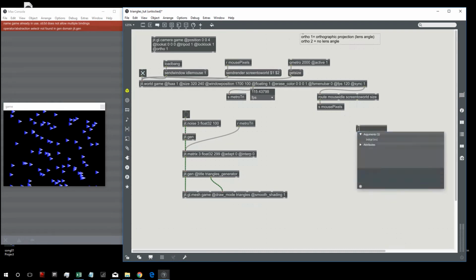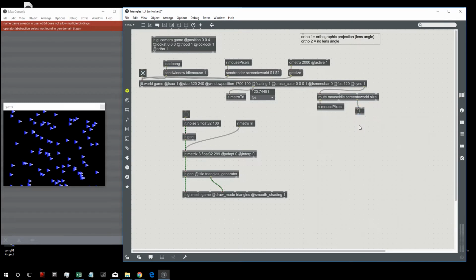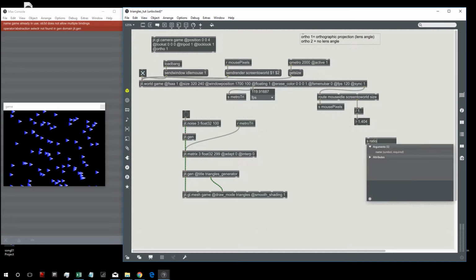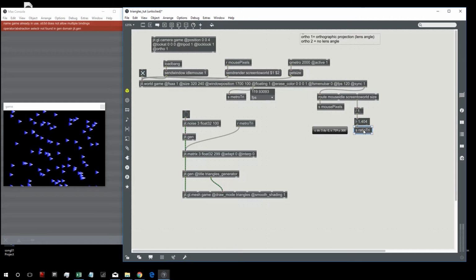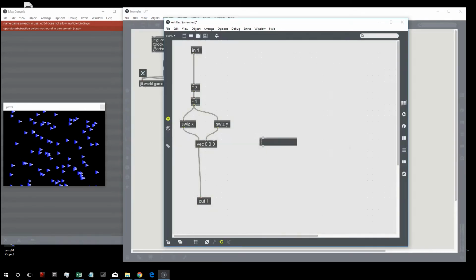So now we want the ratio. We actually want to divide the x by the y. We can simply do something like that. It will automatically divide the first input by the second, and this is the ratio of our window. We can use this value inside this jit.gen. So let's go inside, create a new parameter,